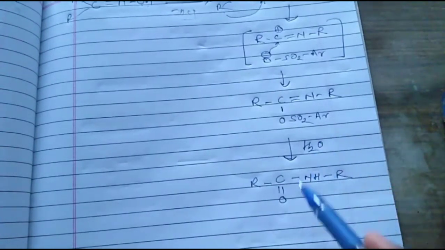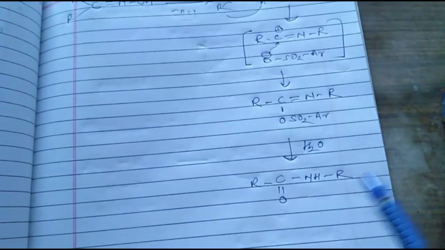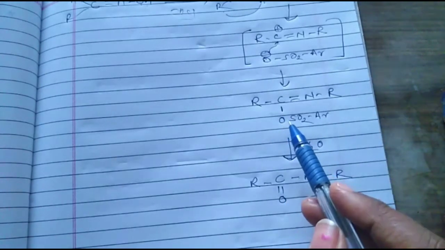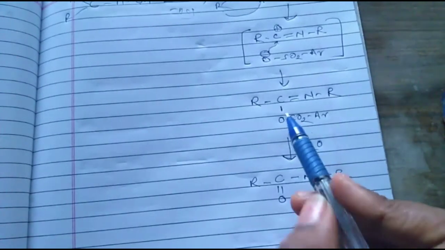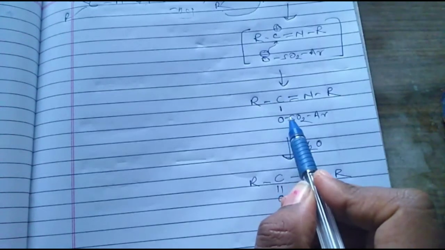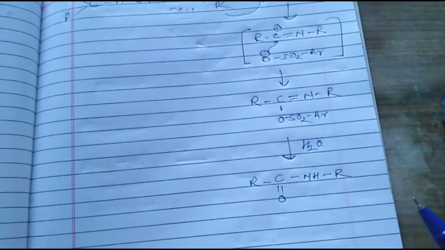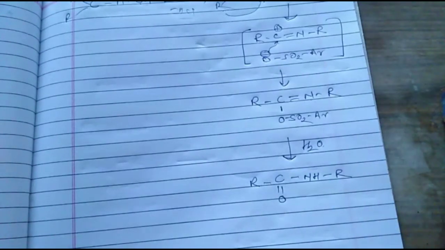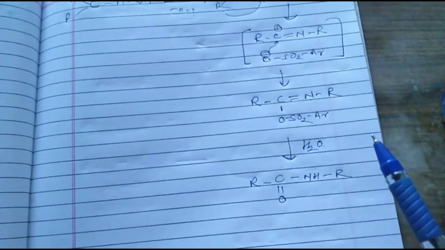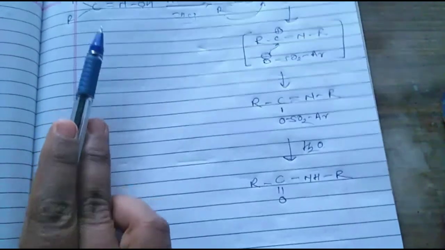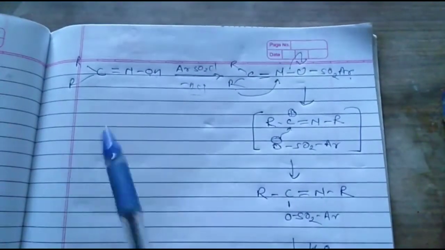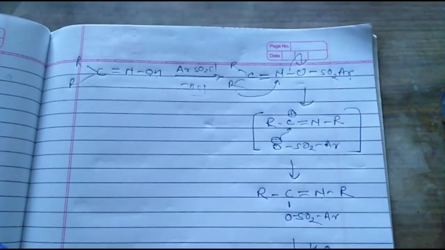We know very well the mechanism of this reaction. Okay, here this gets removed, and here the water molecule is here, this bond is shifted to here, and this is shifted to here, and this H+ is attached to this nitrogen group. Okay, this is another mechanism whenever another group is attached to this ketoxime compound. Okay, here this is aryl sulfonyl chloride.